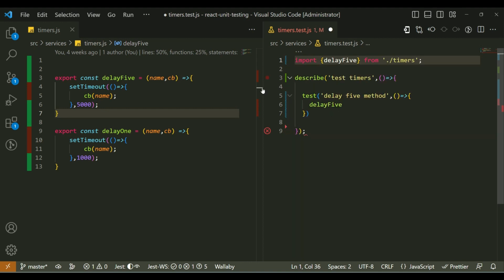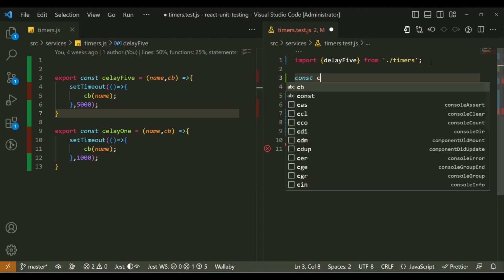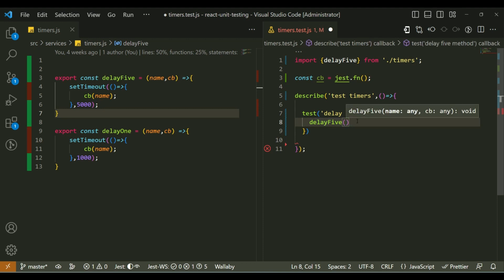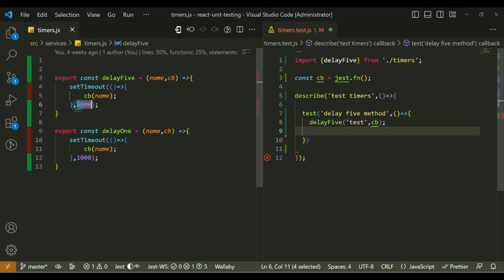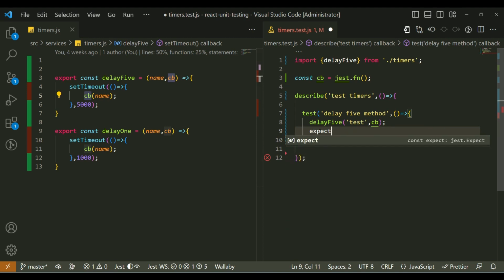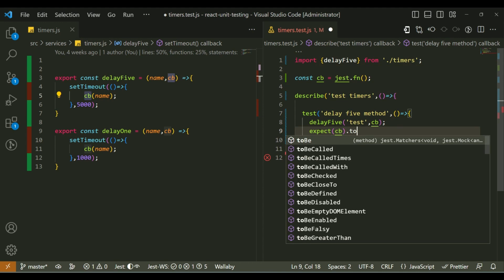/timers. Okay. Let me make a common callback method. So I'll just make a callback method. It has to be some jest function. Okay. Now I'll call this method with any name like test and a callback method. So now inside it, we see that we have called setTimeout, and after 5 seconds, it will call this method callback. So right now, if I just expect the callback to be called,